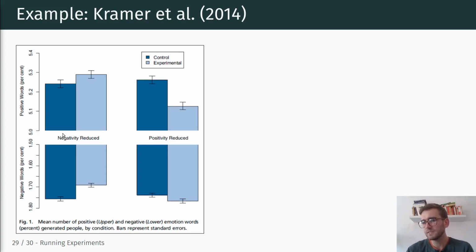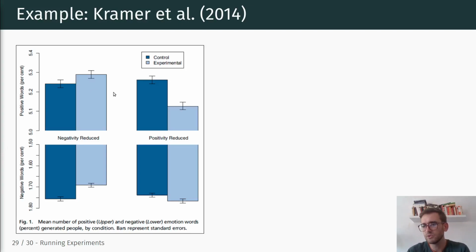And so here we see the difference between treatment and control for both negativity reduced and positivity reduced. And the outcome, then, in the posts of those people in the treatment and control group, is the number of positive and negative emotion words generated by these people, right? So you're looking at subsequent posts after receiving whatever information they see on those